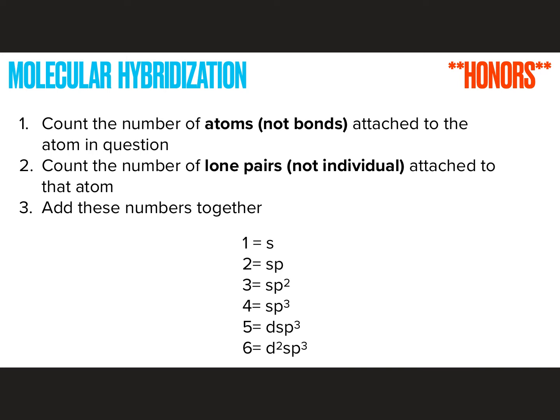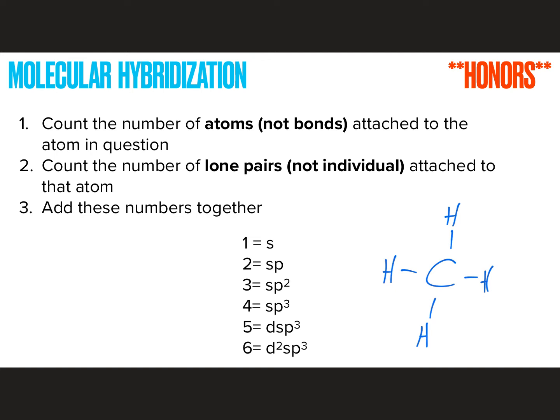It's actually a really simple calculation that you have to do. What you do with your compound is you count the number of atoms attached to the atom you're looking at. Usually that's the center atom. So for example, again, that carbon in the middle of CH4. If we want to see how many atoms are attached to it, in this case there are 4 atoms, 4